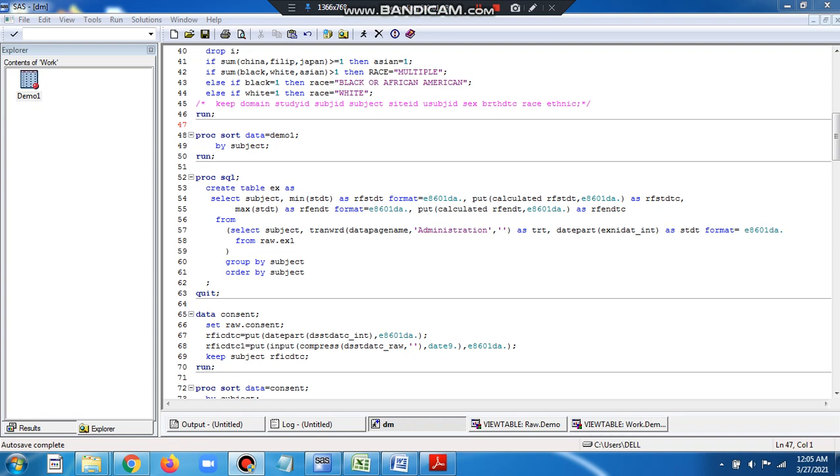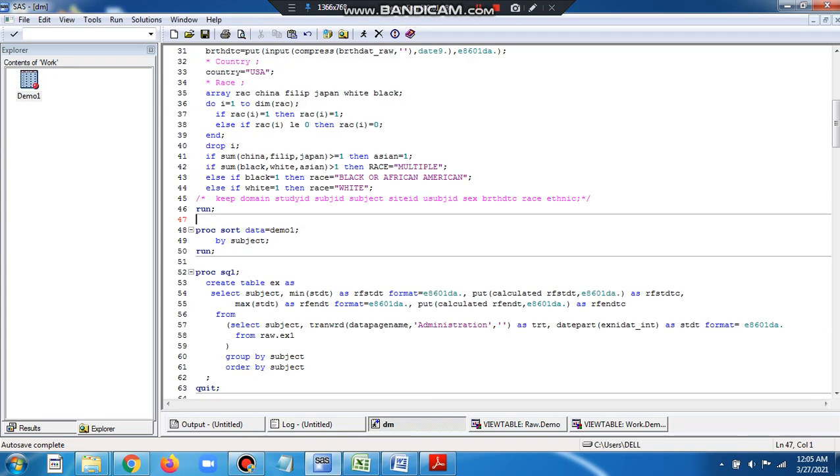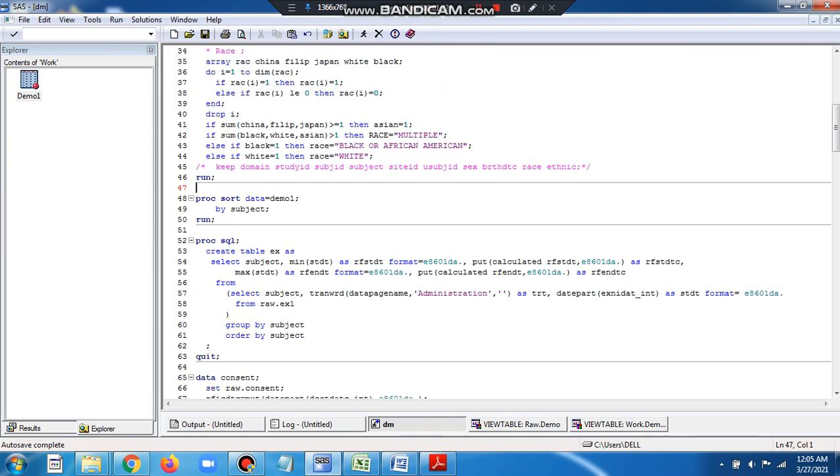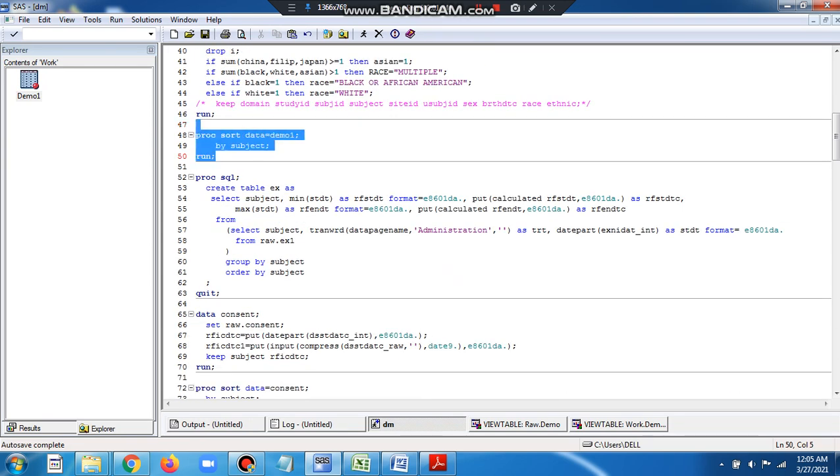So let's look at how we are going to create all these variables. We have already created the demographic data set demo1 with the race, study ID, and everything. Next, I'm going to sort that particular demo1 data set by subject.